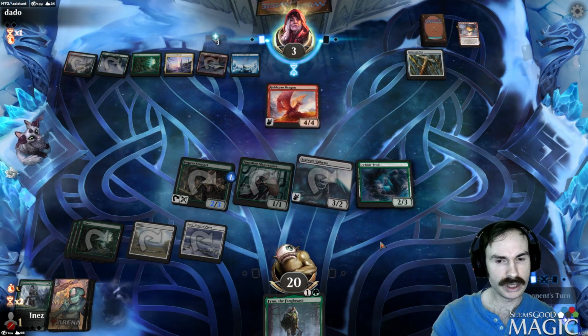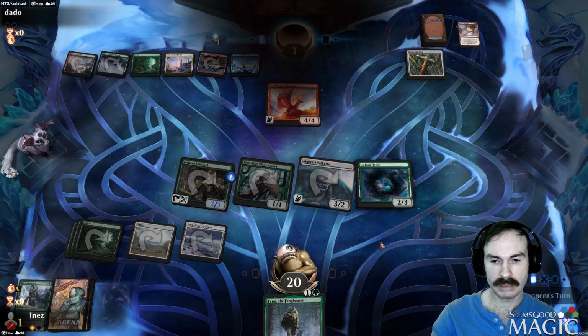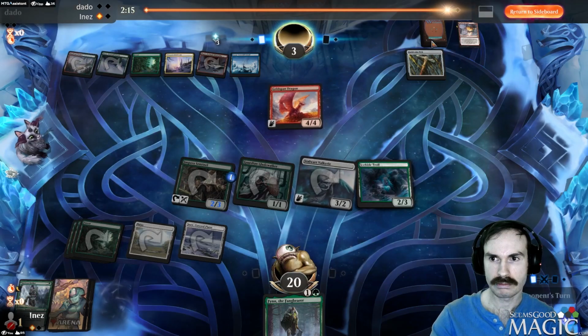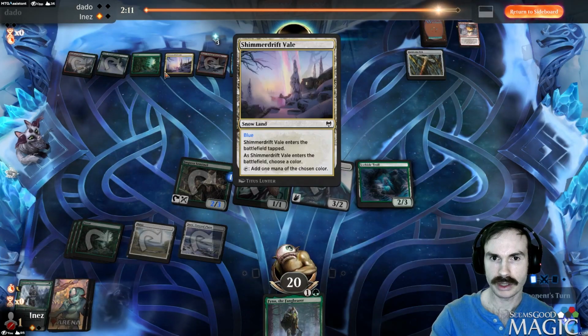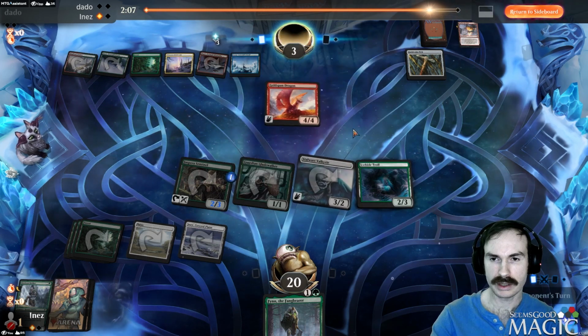So they killed our Seeker, which means we can't find our black mana, but I guess they didn't have anything else, so. Alright. Playing against something interesting here. It's basically Gruul. No, it's